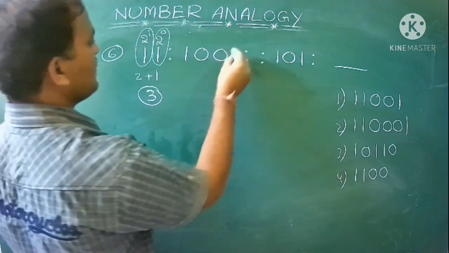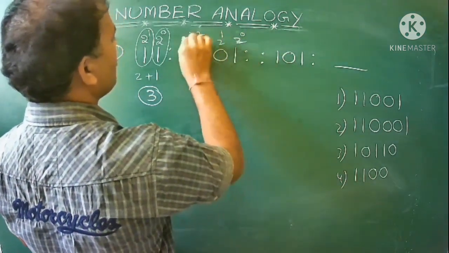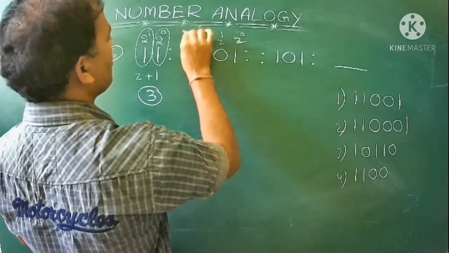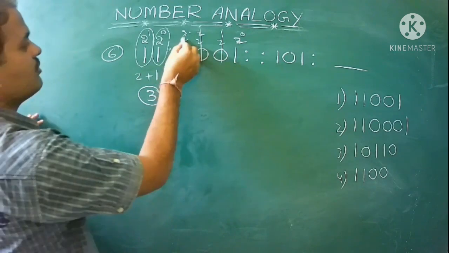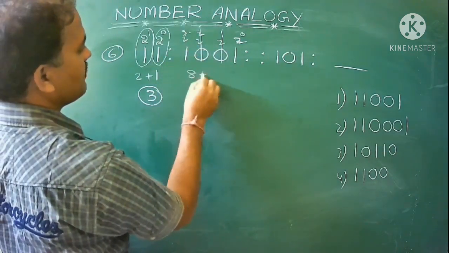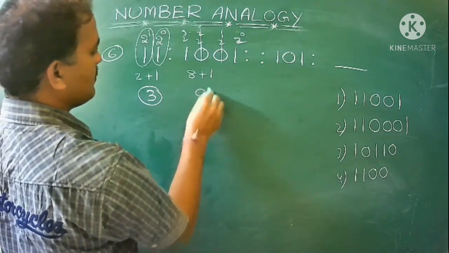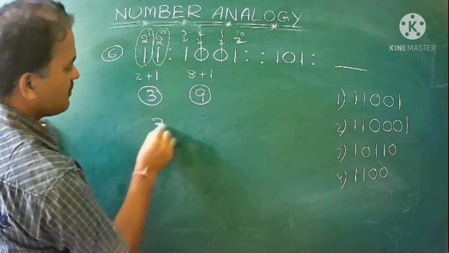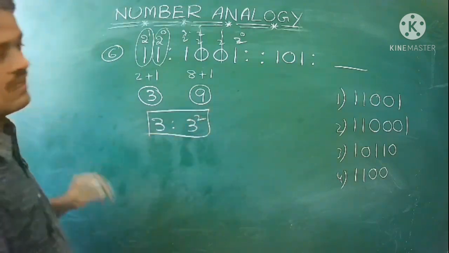Similarly here, apply 2 power of 0, 2 power of 1, 2 square, 2 cube. If zeros are multiplying anything, you will get 0, no? So next here 2 cube means 8 into 1 is nothing but 8, plus 2 power of 0 is 1, 1 into 1 is nothing but 1. That is nothing but 9. So that's why this one can be written as a 3 is to 3 square relation.